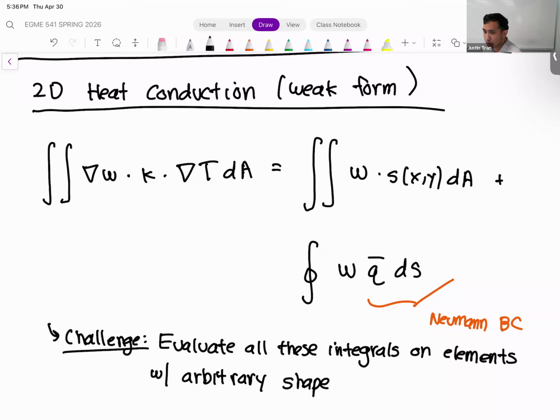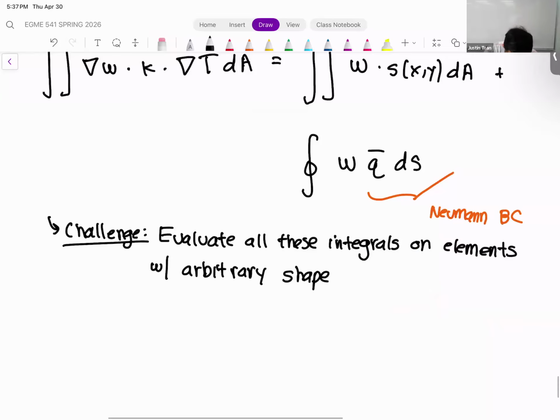So for those of you who've already started the project, you may have seen this already, where the triangles on the mesh all don't look the same. They have different vertices, different locations, different sizes. But we want to compute these integrals in a way where our algorithm is general enough so that we can handle any kind of orientation for the element that we have. Okay. So the solution to this challenge